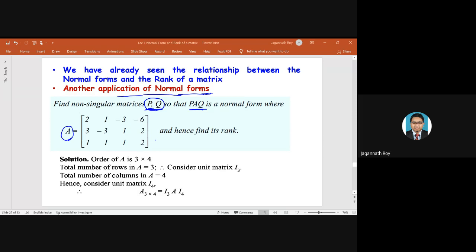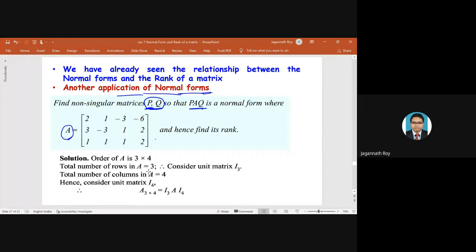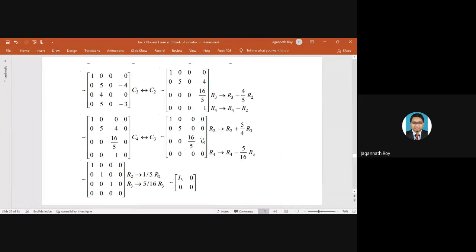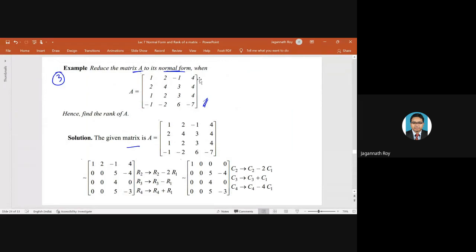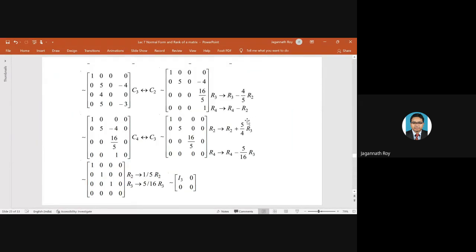From the normal form, you can directly find the rank. If you reduce the system and have an augmented matrix of this form, then you can see there will be many solutions, since 0 equals 0. But if this entry is 1 in the augmented matrix, then 0 equals 1, so no solution.